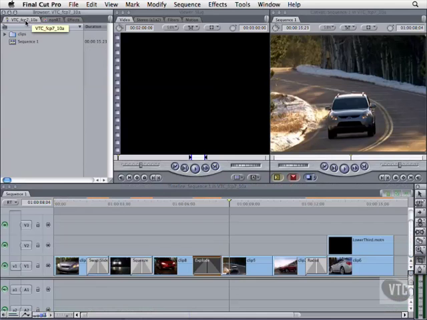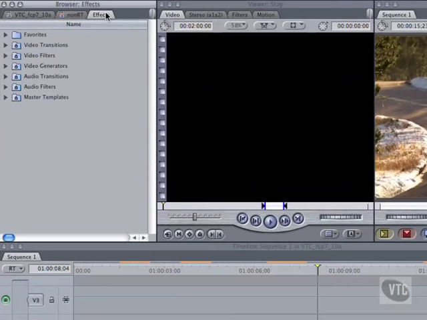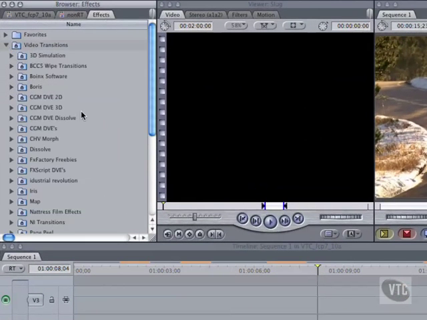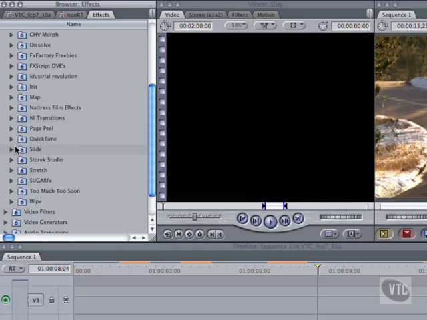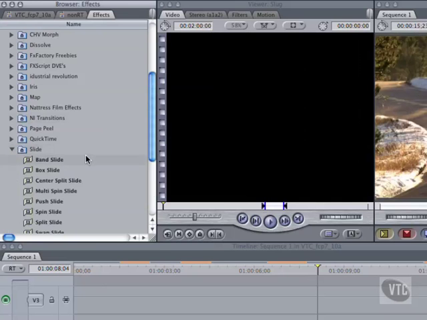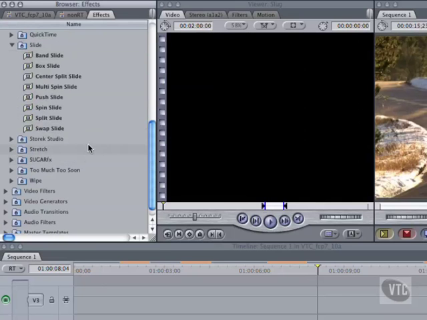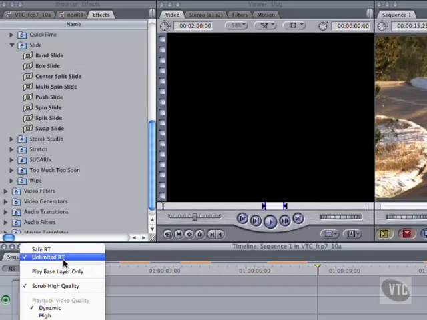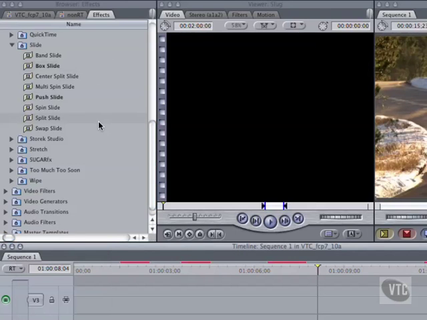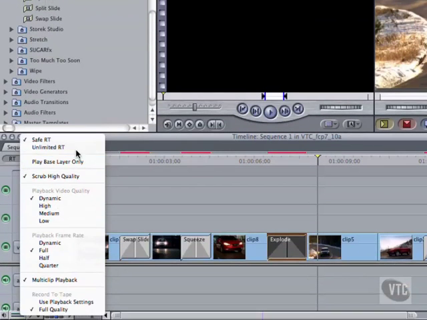In the Effects tab, go to the Video Transitions bin and open the Slide bin. On my system, all of these transitions appear in bold, meaning they can be applied and played back without a render. But if I switch RT from Unlimited back to Safe, all but two lose their boldness, meaning they will have to render before playback. When you click back to Unlimited,